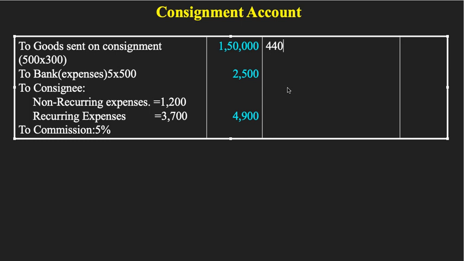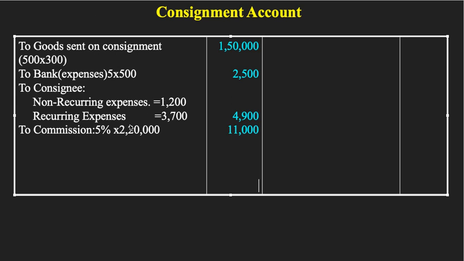In each box, how many pens are there? 100. And each pen he is selling at how much? 5 rupees. Now if we multiply 440 into 100 into 5, it will be 2,20,000, right? So on this 2,20,000, he is getting how much? He is getting 5% of commission, right? So 5% of commission on 2,20,000 is how much? If you calculate it, you are going to get 11,000 as commission, right? So this was the commission on the total sales. Fine.